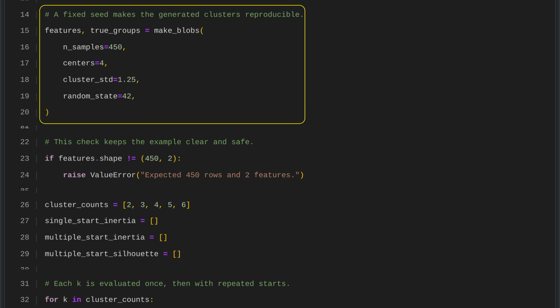We generate synthetic clustering data with Scikit-Learn's make_blobs function. The dataset contains 450 samples, grouped around 4 centers, with a cluster spread controlled by a standard deviation of 1.25. A random state of 42 makes the results reproducible, so the same data is created each time for consistent testing